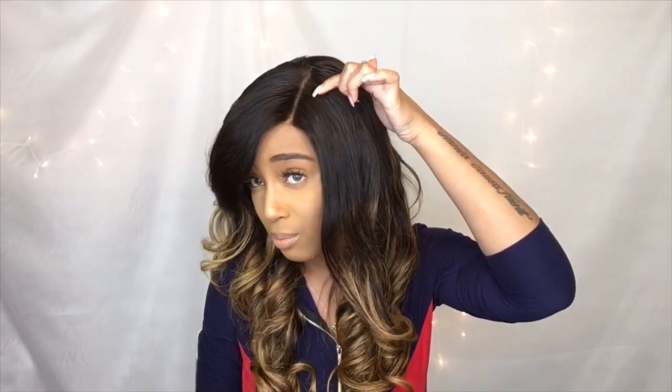So I just put big clunky curls in it, and I just finger combed the curls pretty much. I did not do anything to the frontal, the closure. I'm sorry, this is a regular closure. I didn't do anything to the closure, y'all. I just literally parted it on the side because I wanted a side part. I did widen it a little bit, but as far as plucking the closure, I didn't do any of